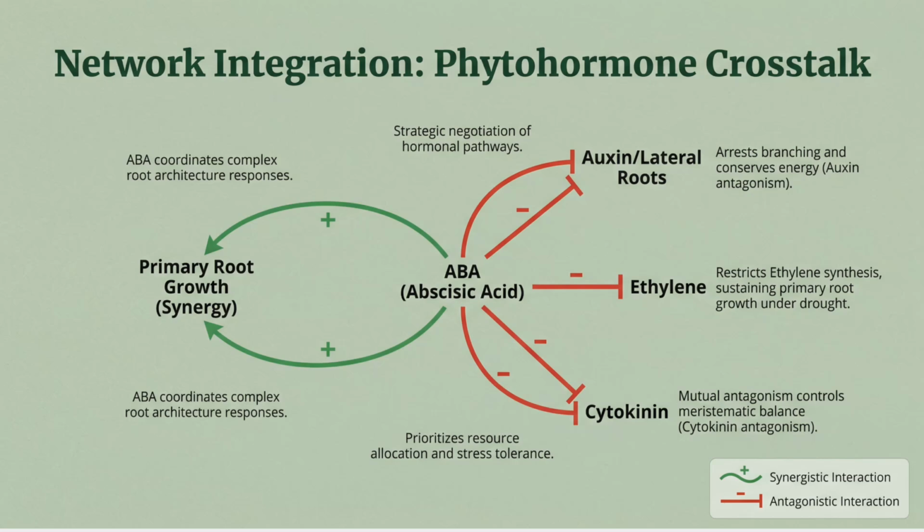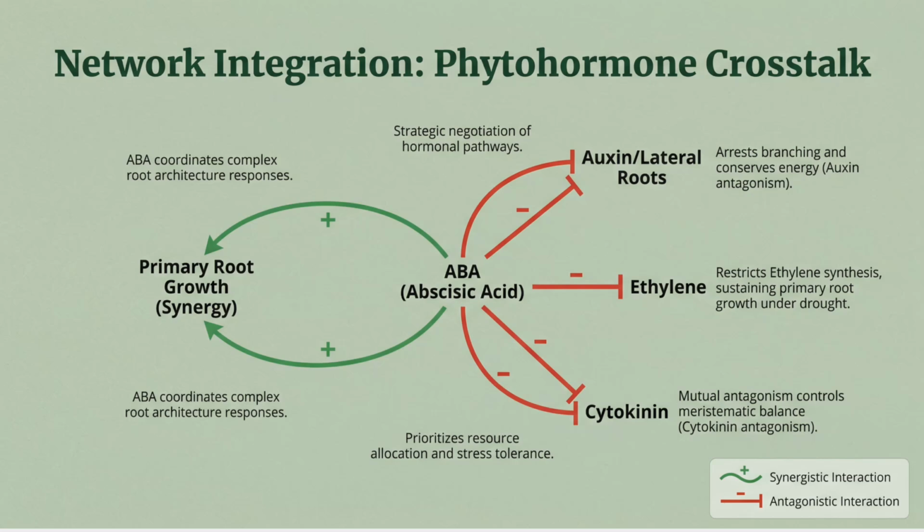Here we see how ABA negotiates with other hormones to shape root architecture. It synergizes with mechanisms that sustain primary root growth while antagonizing auxin-driven lateral branching, ethylene synthesis, and cytokinin signals that promote division. That crosstalk allows the plant to prioritize deep-water foraging and stress tolerance over energy-intensive lateral proliferation when resources